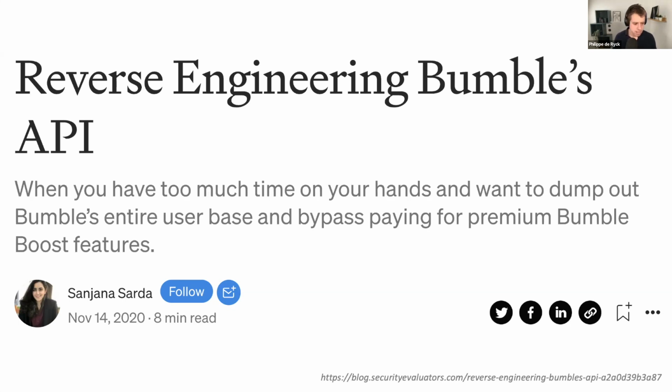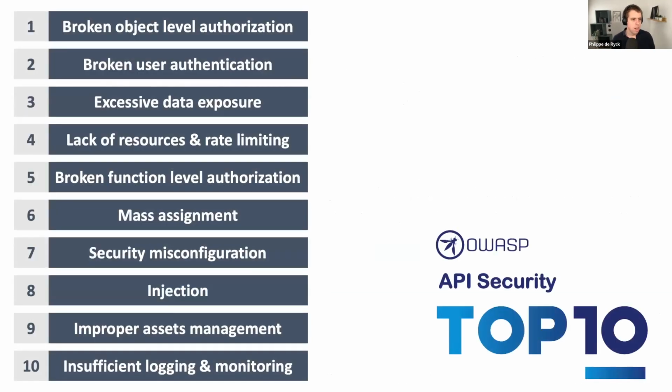And if I'm not mistaken, that was listed in the OWASP top 10, let me skip back, on number 4, lack of resources and rate limiting. And that's really, really common. And that can result in authentication problems. 4 can lead to 2. If that endpoint is accepting a TOTP code, then 6 digits, I can easily brute force those 6 digits until I find the correct one. Plenty of cases that revolve around that as well. Okay.